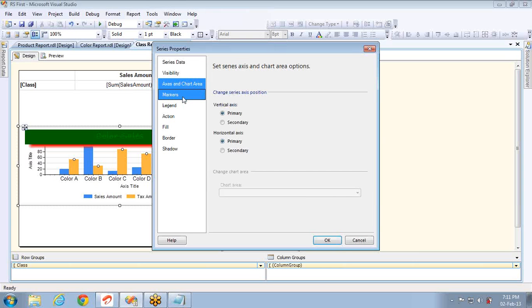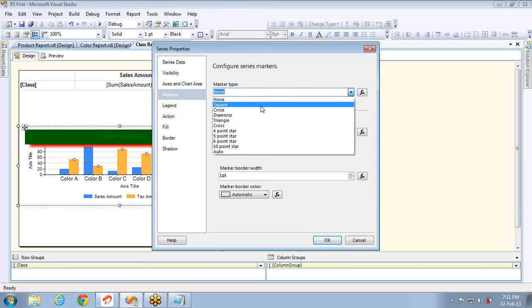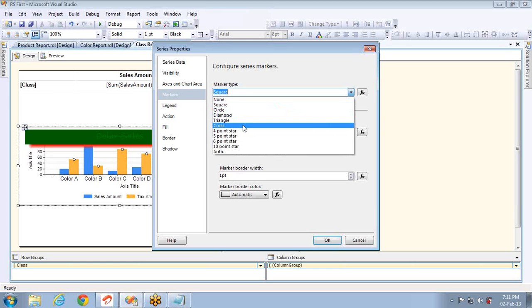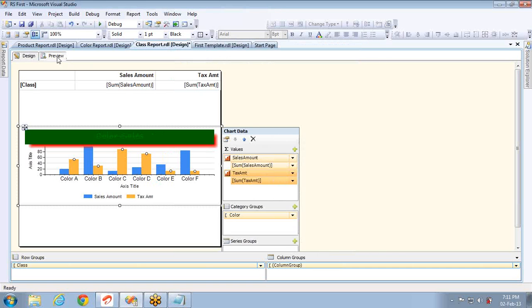You don't need to worry about this as this is not that high priority. And markers, this is a very important one. You can set some markers. If I select square, you can see square markers on top of the series, or I'll give triangle so that it will be easy to find out. So if I click on OK and preview the report,